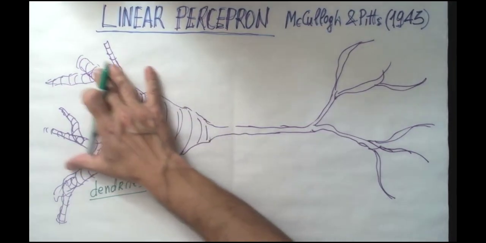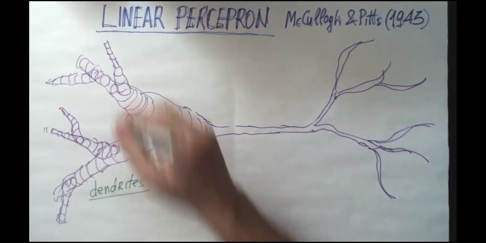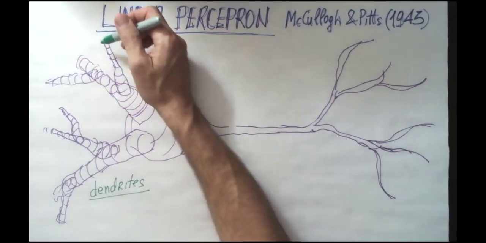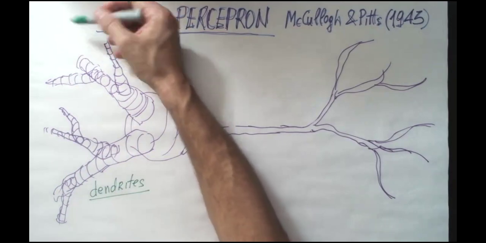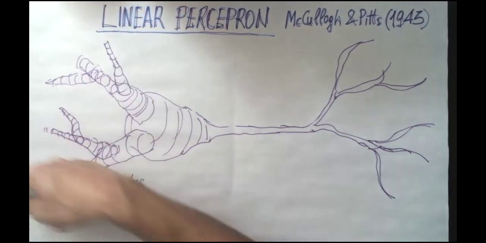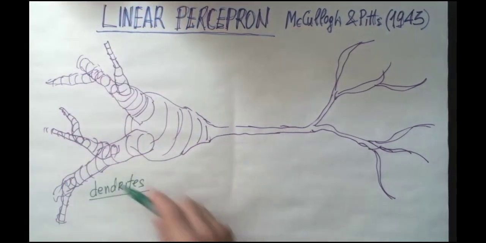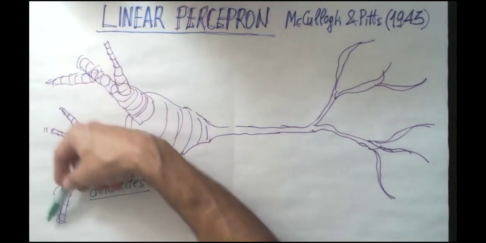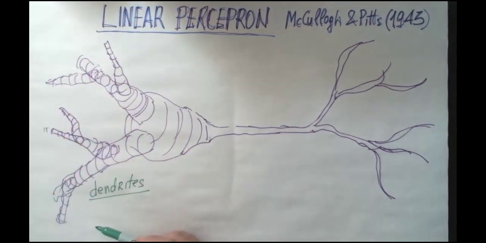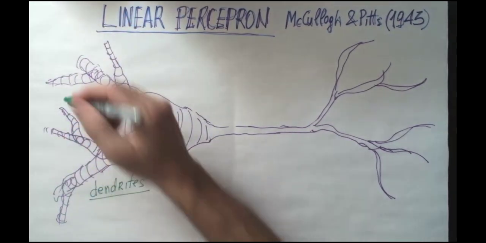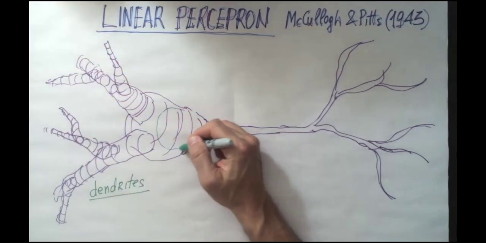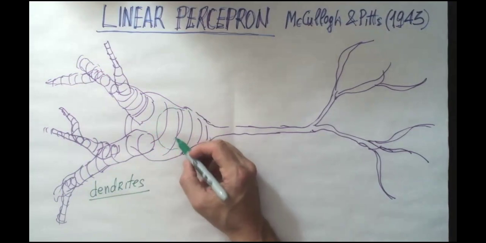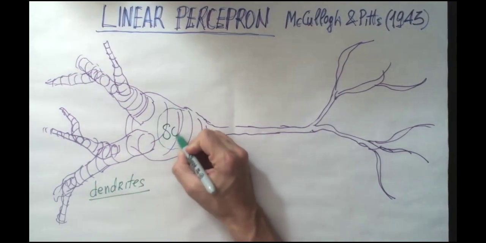Indeed, they are all shaped like a tree, and they are sensors that feel all the inputs, the signals from the surrounding environment, and collect all the signals that get into this area, which is called the soma,